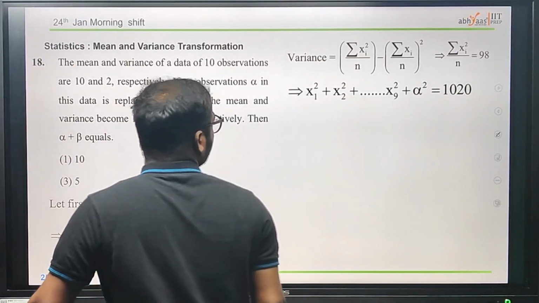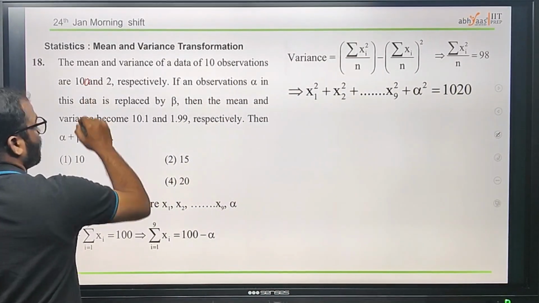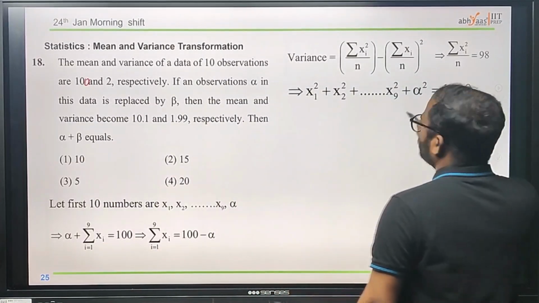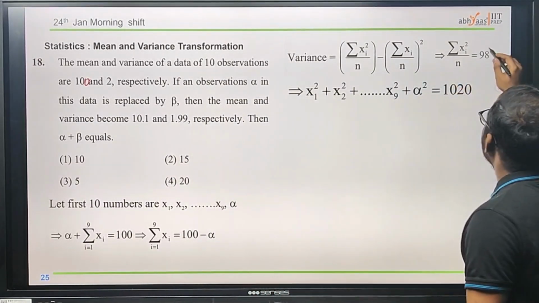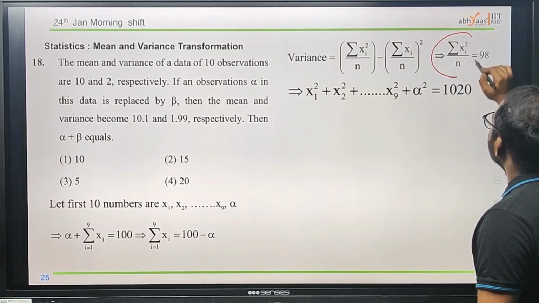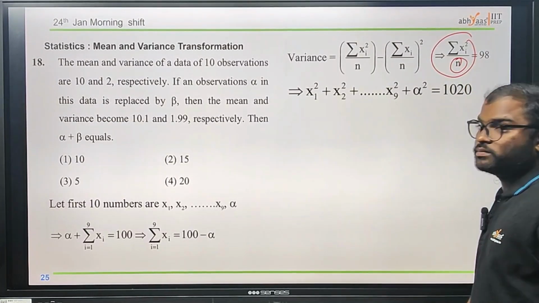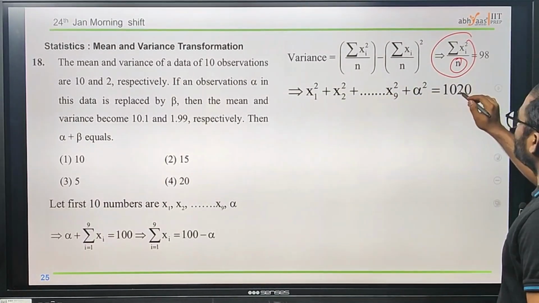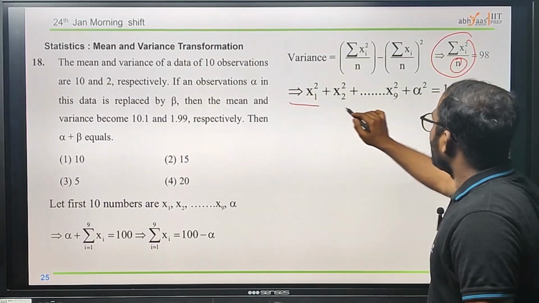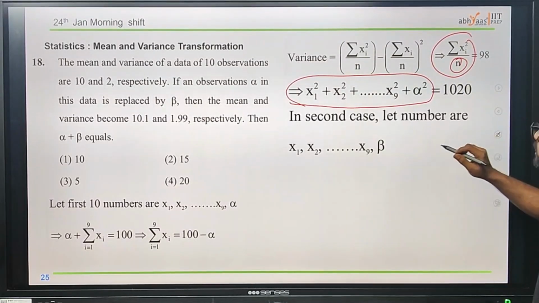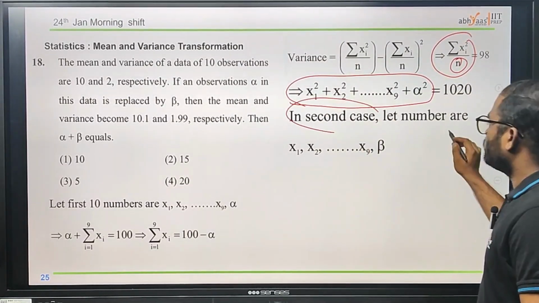Here we have 100, and from this we have the 100 plus what we have, the summation of xi square divided by n. The total number of observations we need to check as well. That's how we take this. Next, substituting those values, in the second case the number will be